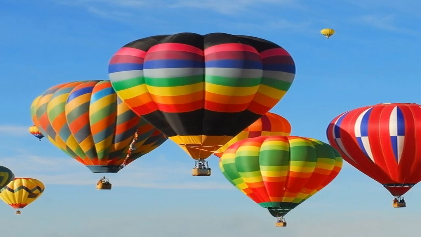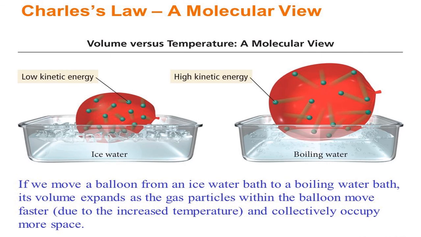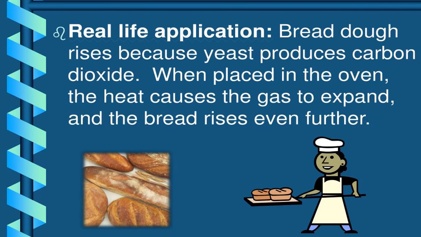Now these are everyday examples of Charles law. When you heat the air, the air becomes less dense due to the increase in volume. So it is used in adventure activities, especially in Turkey. It is used even in India nowadays; it has become a craze. It is a sport. In Goa and Lonavala, you will find these adventure sports. Now see, a balloon kept in cold water and a balloon kept in hot water. In the hot water, the volume is expanding. This is a straightforward example. Now this is a hot cake. Why does it increase in size? It is due to the increase in temperature, which increases the volume of the gas CO2, making the bread lighter and increasing its size.